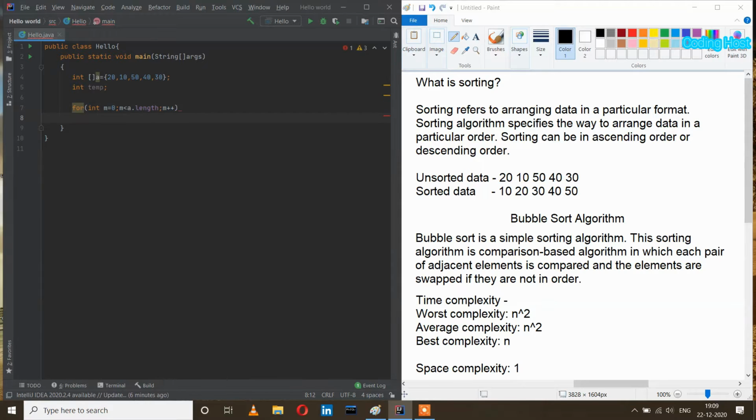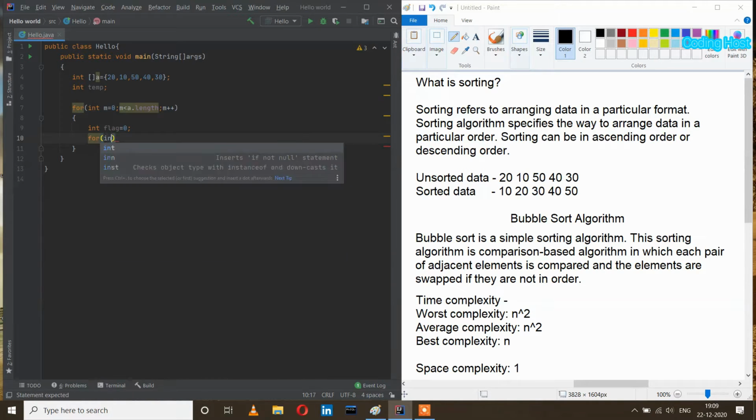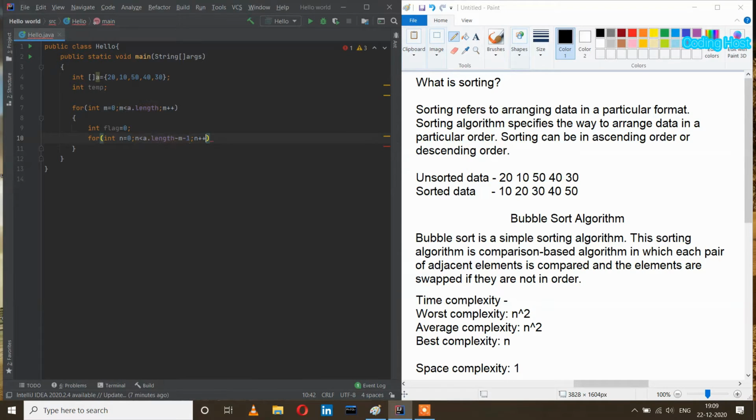In this for loop, first I will take a variable int flag equal to 0, and after that one more for loop: for int n equal to 0 and n less than a dot length minus m minus 1 and n plus plus.